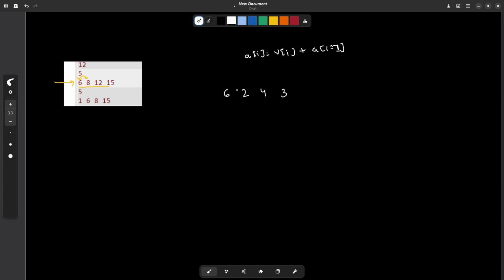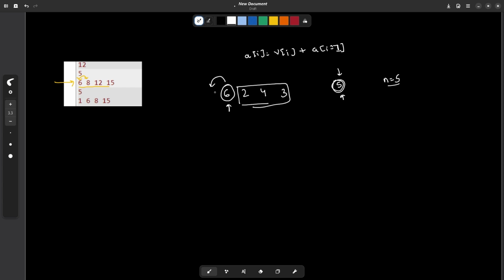In this permutation, some elements will very well belong to the range 1 to 5, and we have no problem with them. But some elements might be bigger than the possible range, that is 5. So what is this possible range 5? Since we are considering a permutation of length n equal to 5, there can be no number greater than 5. So one possibility why this number is greater than 5 is that this could have been